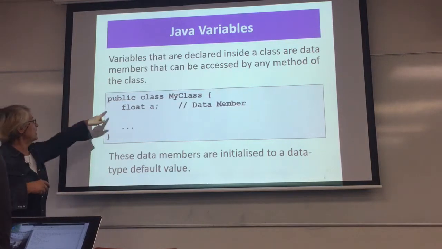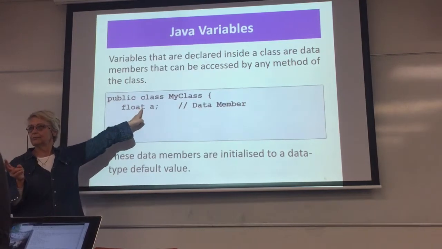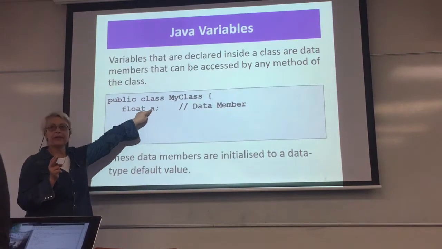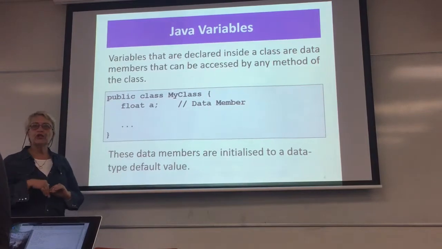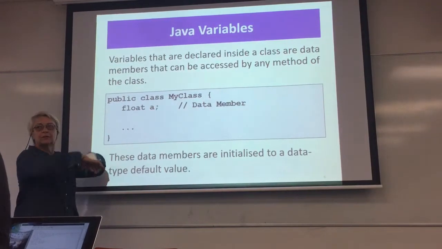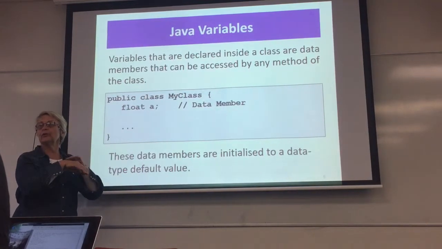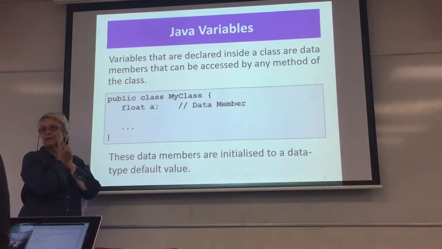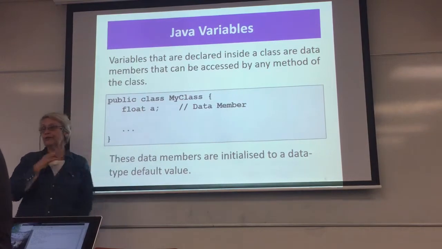For example, here, if I don't put anything, it means that this data is visible in the whole package. This file stays in a directory, and we call the directory a package. So the default visibility